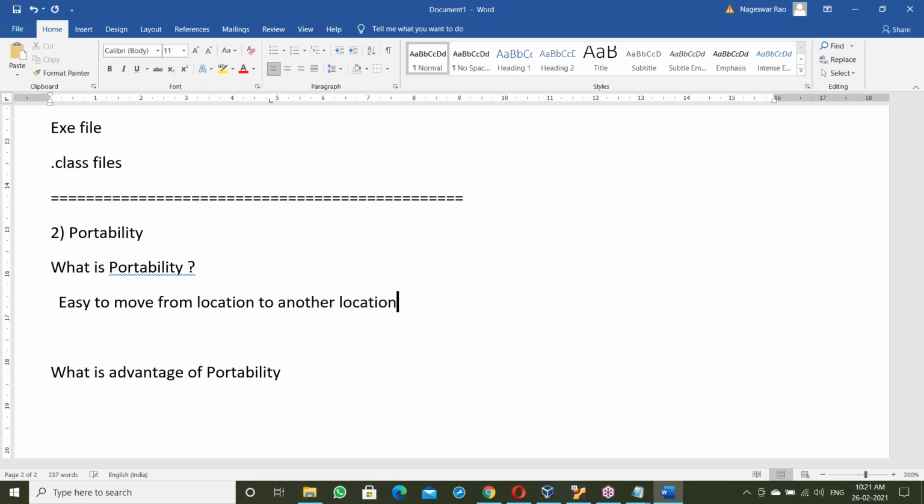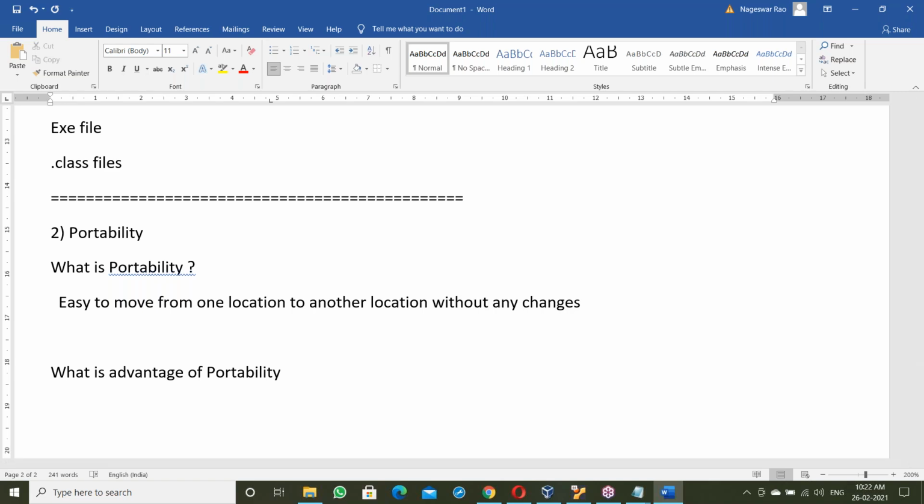Easy to move from one location to another location without any changes, as it is, is called portability.